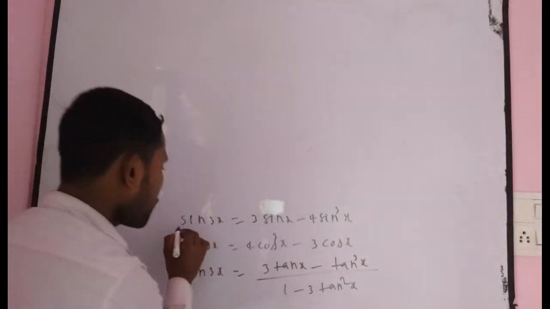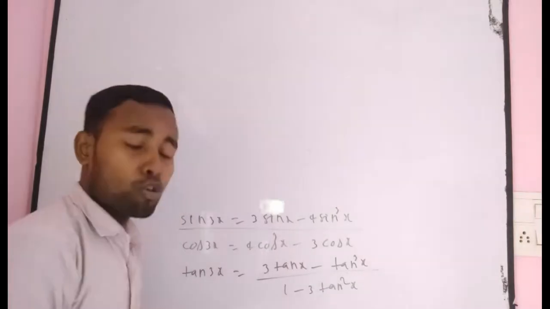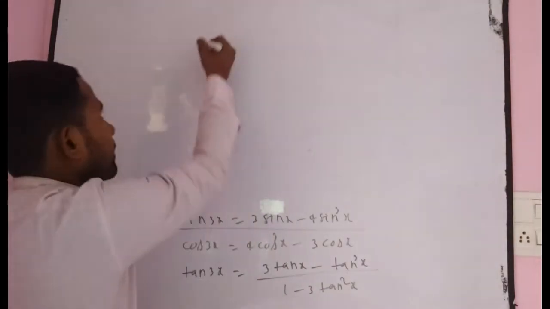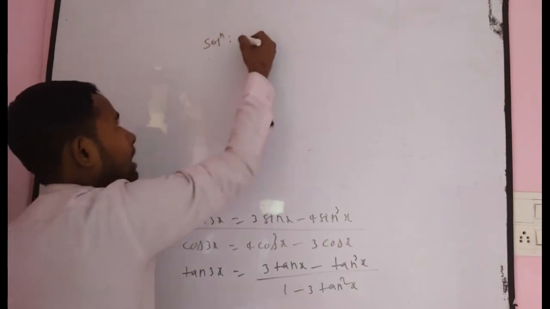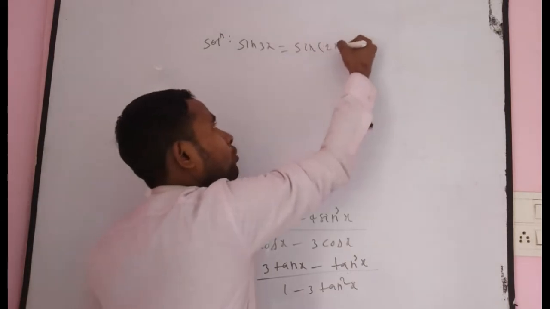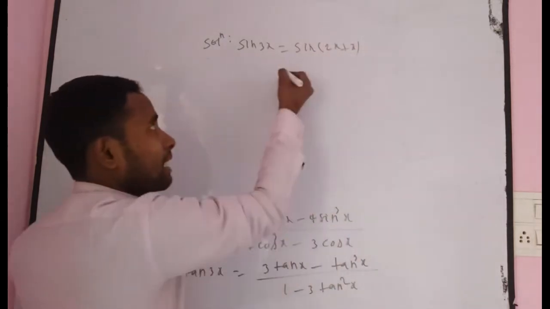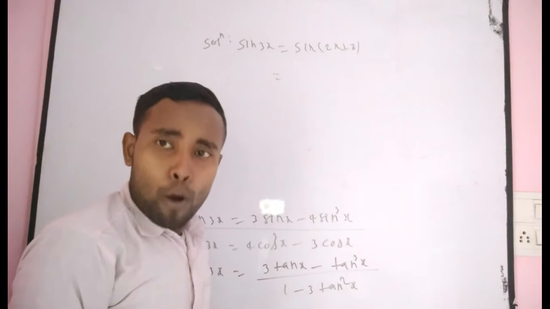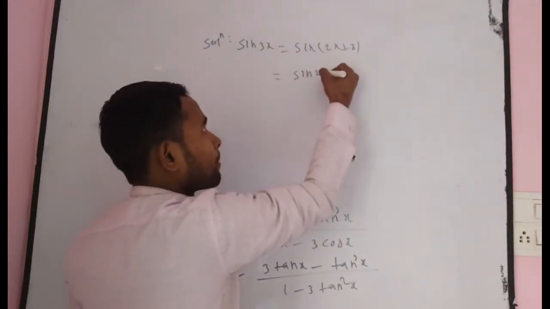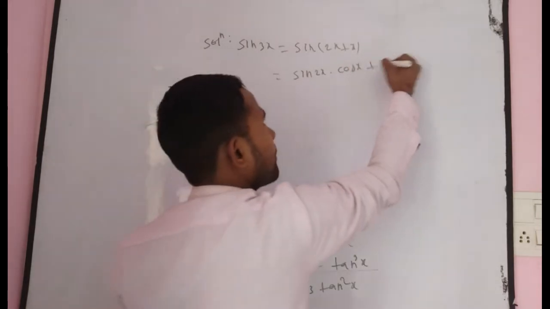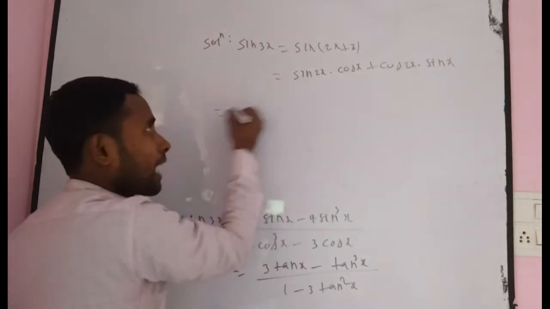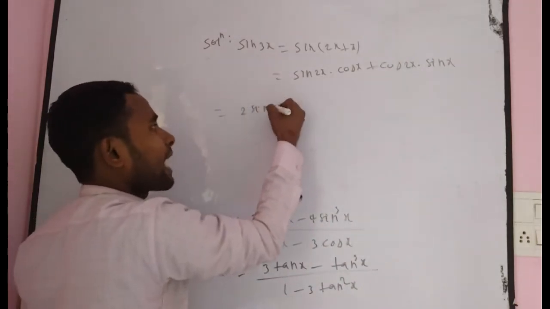This is the last formula. Now I want to prove sin 3x is equal to 3 sin x minus 4 sin cube x. How can we get this formula? Very simple procedure. First of all, as you know, sin 3x can be written as sin (2x plus x), as a compound angle formula. So you can use sin (a plus b) is equal to sin a into cos b plus cos a into sin b. Now, as you know, sin 2x can be written as 2 sin x into cos x